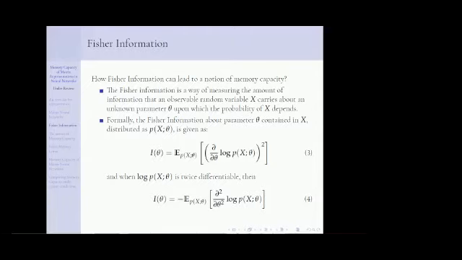I hope I was able to portray to you how natural this definition is: the rate of change of the probability distribution with changes in theta. Now, if it so happens that the log of the distribution is twice differentiable, then we can open up the square, and there would be some expectations which will go to 0. It's quite simple to see, and we will be left with equation 4.